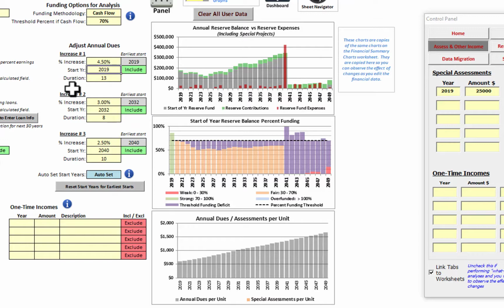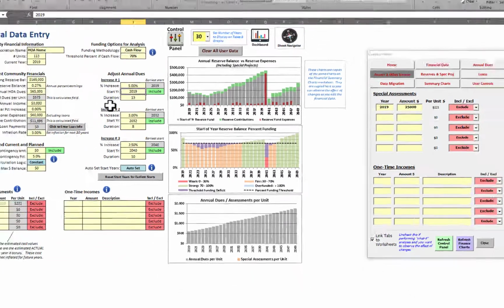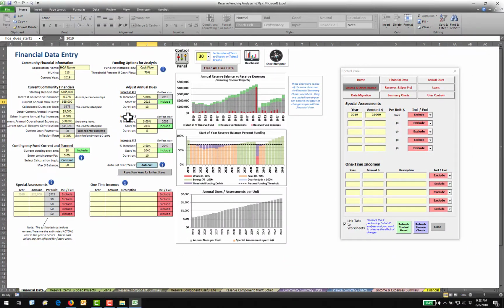The expenses remain the same, but you can see that the reserve balance declines so that by 2040, we don't have enough funds in our reserve in order to meet the expenses that are going to occur in 2040. I'll just change back to 5%, and you can see how quickly those charts get updated. So I just mentioned that